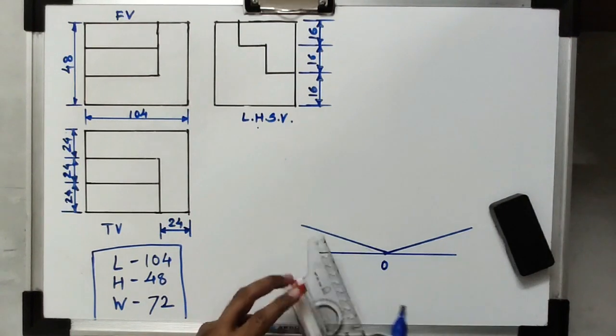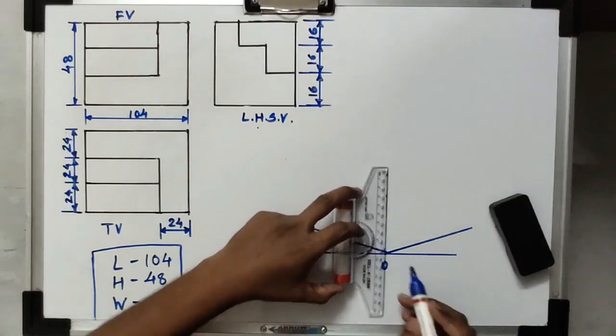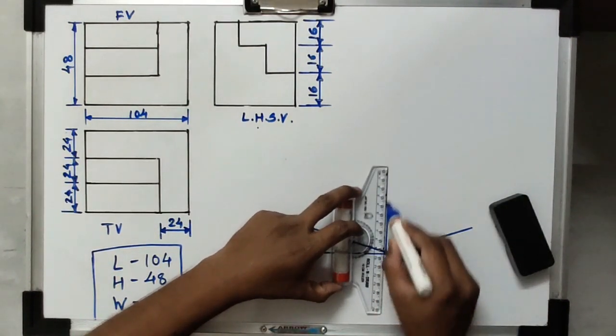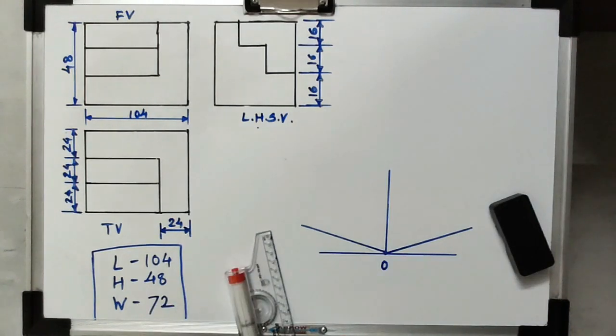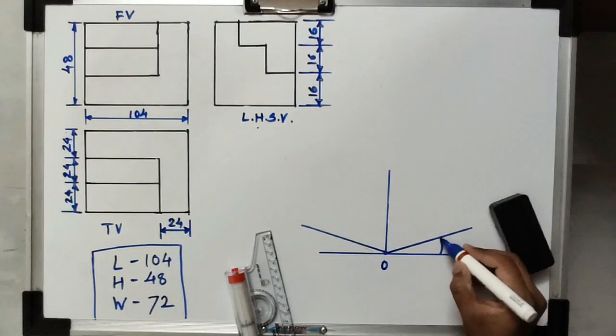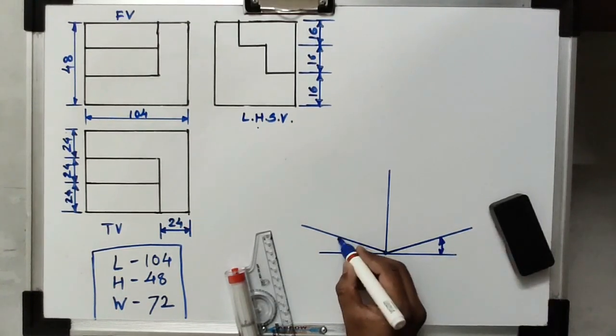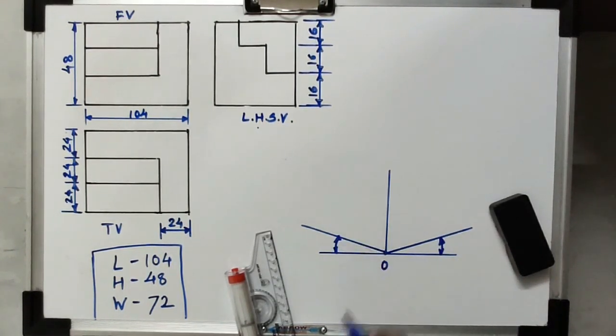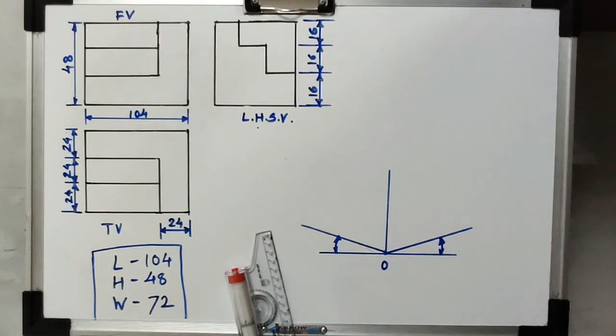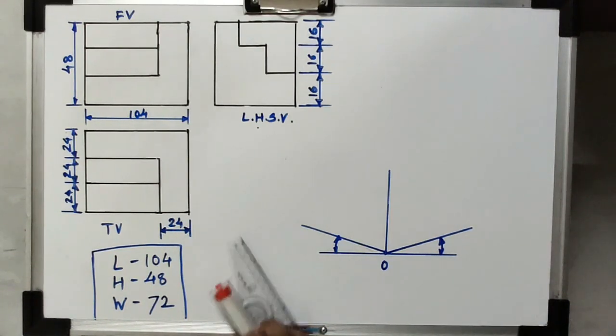Out of the three, the x and z axes are inclined, and the y axis is always vertical. These are the three axes of the isometric projection. The angle of the right side inclination line is 30 degrees and the left side inclination line is 30 degrees, which all of you are aware of. Now we have to represent these three dimensions that we have noted down.